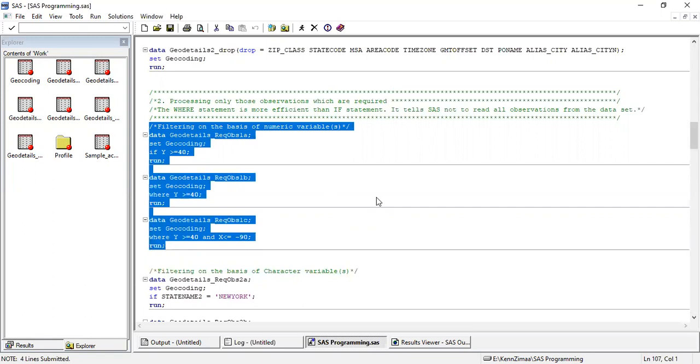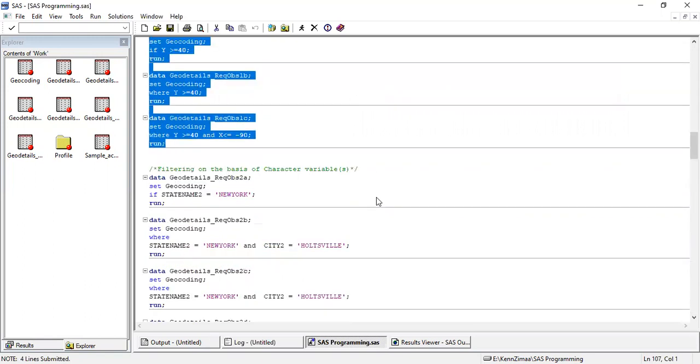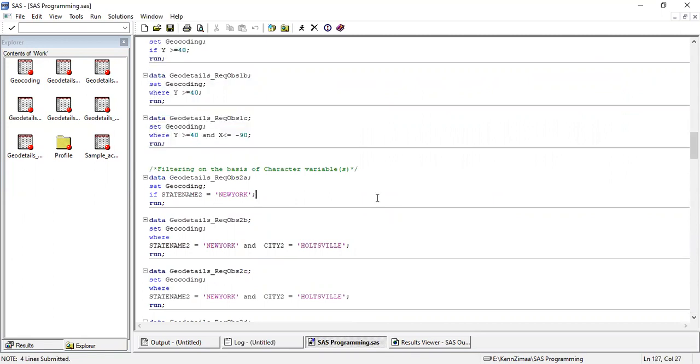Okay. So this is how we can use the if or where statement for filtering the data on the basis of a particular numeric variable. Now there can be another requirement that we have to filter data on the basis of character variables or non-numeric variables. Here also we will use a similar if and where statement, but the way of writing a character condition is different: the particular value which we want to pass should be passed in single quotes.